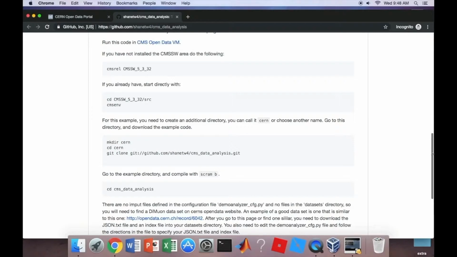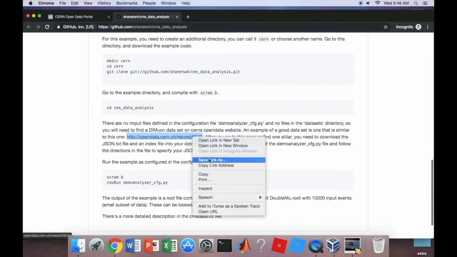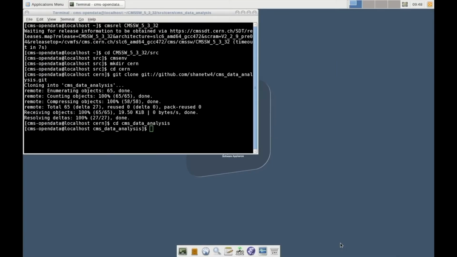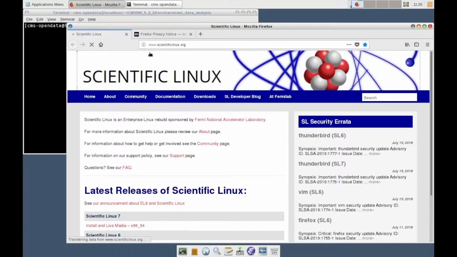The next step is we need to find data to analyze. So I have an example data set in the GitHub. You can use this one, or you can use any other data that is similar to this. This is a dimuon data set, so that's the type of data that you're going to need for this program. You can just go to the internet browser in the virtual machine, because you're going to need to download things. So you just open up Firefox using the application finder,